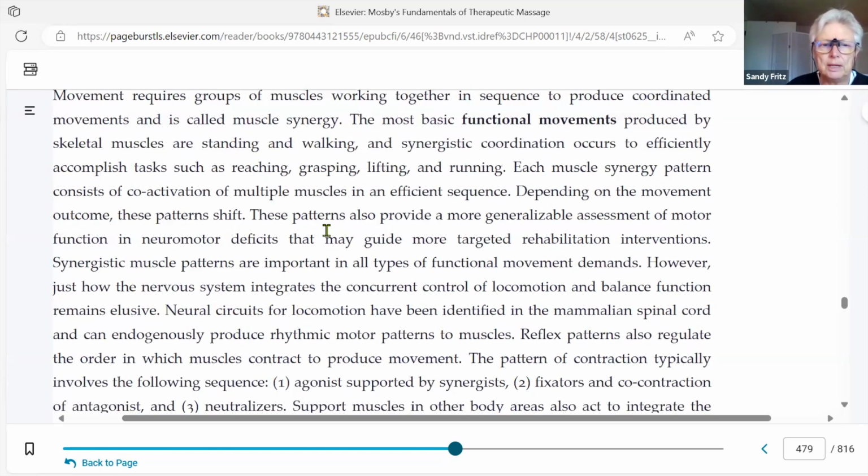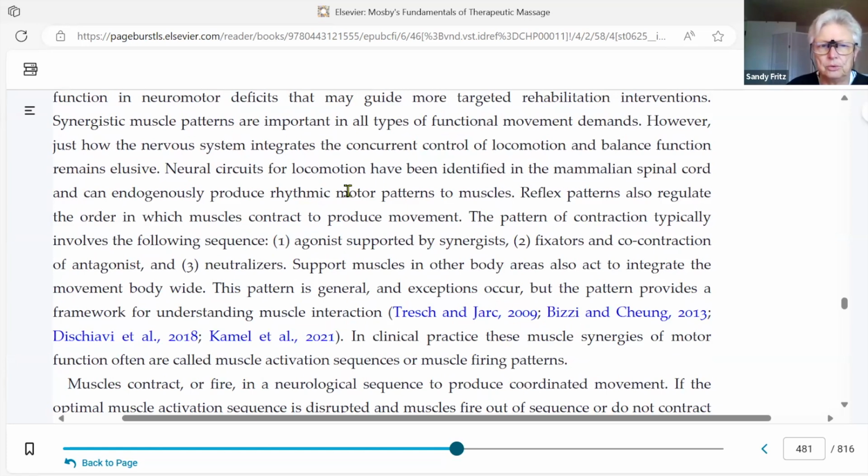The ones that we show you to do are the ones that are involved in large movement. Every joint has this, but when we look at shoulder adduction, for example, or abduction, or hip extension, hip flexion,